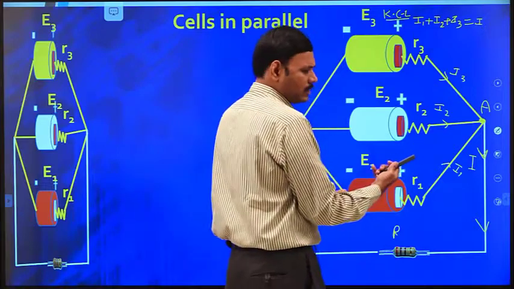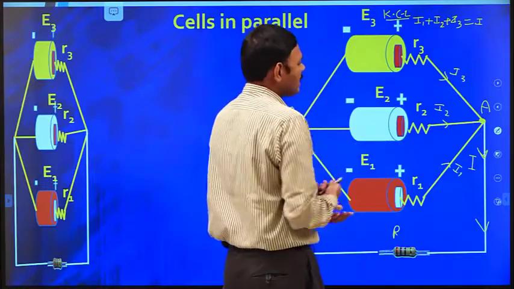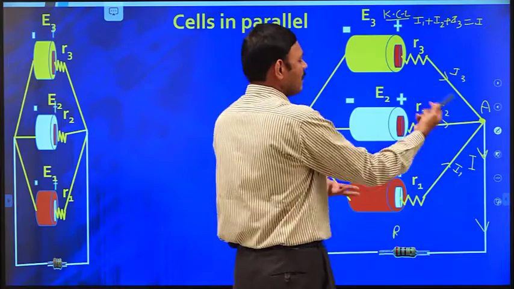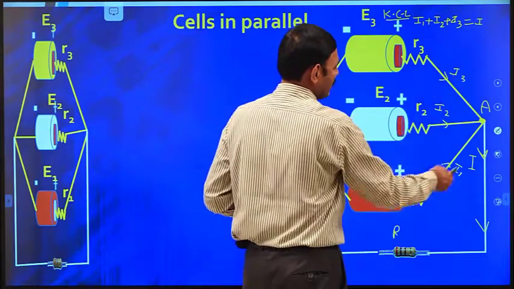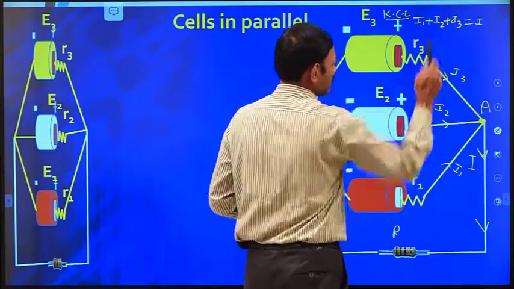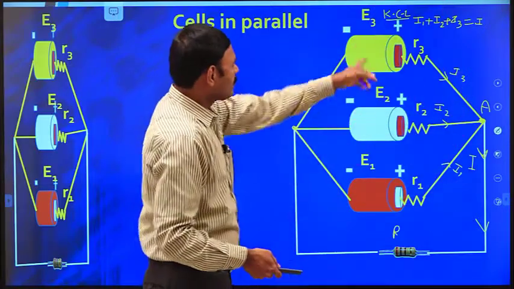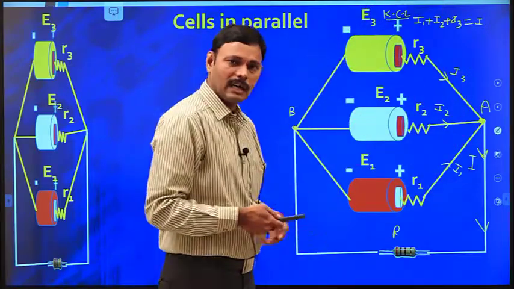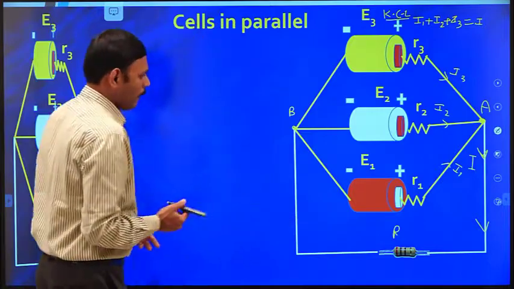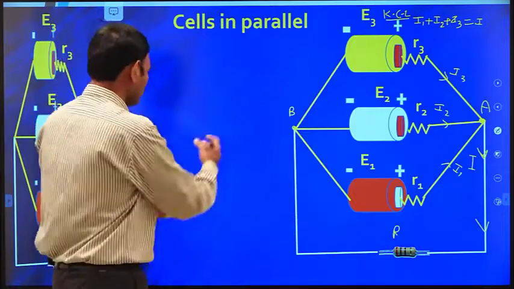Very simple. We simply understood this concept. There is no complication. The algebraic sum of currents reaching the junction, I1 plus I2 plus I3, is equal to the algebraic sum of current leaving the junction, I. Both are equal. This is known as Kirchhoff's current law. This is also known as the first law. So we apply it at the required time.